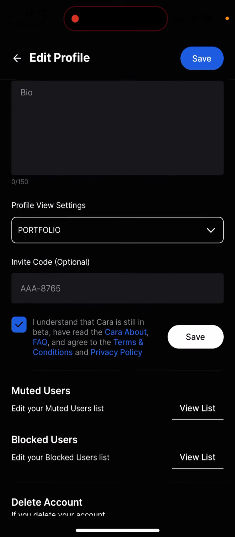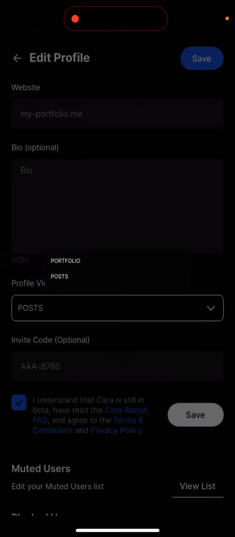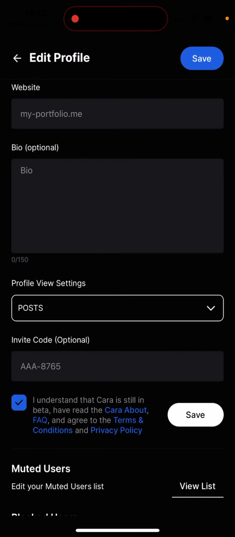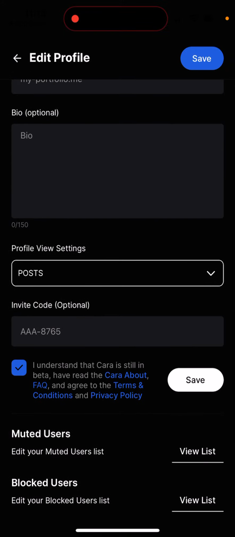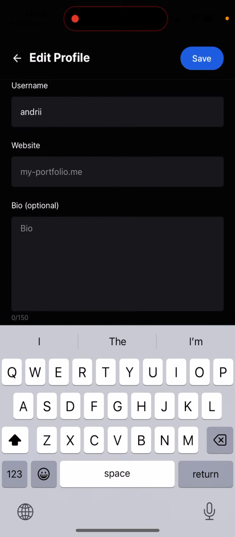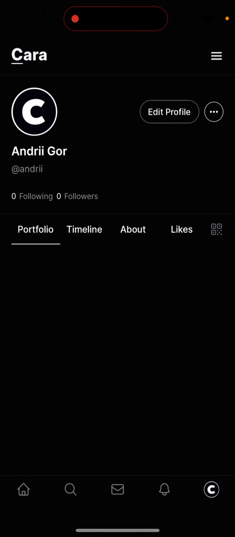If you edit your profile, you can change your profile view, settings, post, or portfolio. And then you can also add in white code. Basically, there are two types of profiles in this app. There is a community profile and a portfolio. They're basically the same, but the portfolio has a verification badge. It means that someone confirmed that you are an artist, or